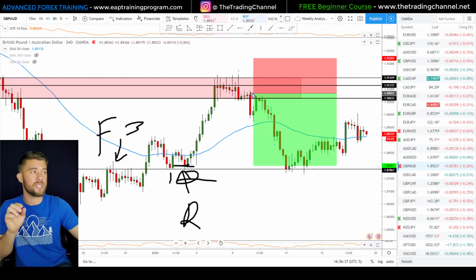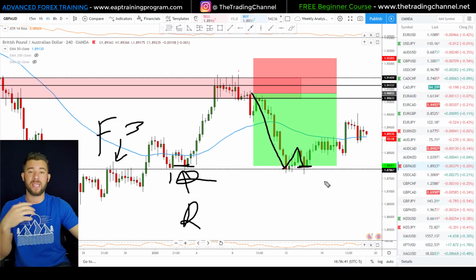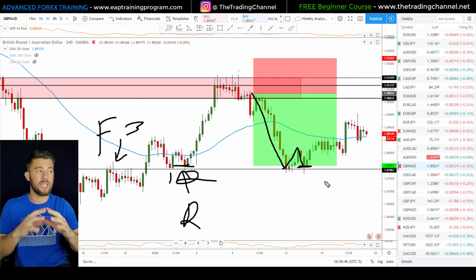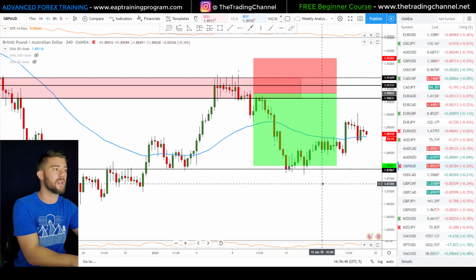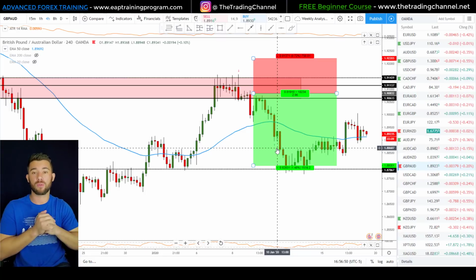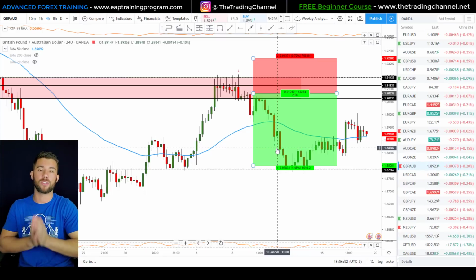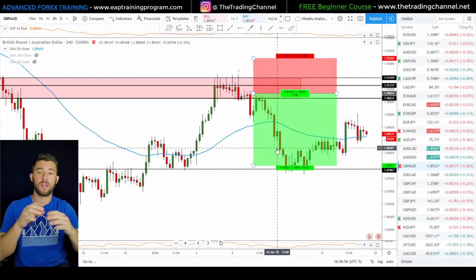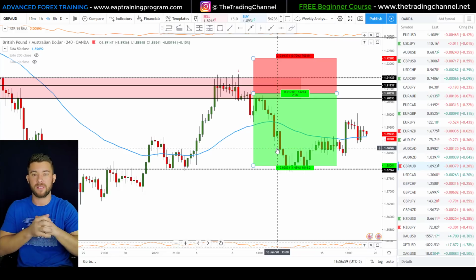For the exit reason, once this market came down to that area and put in a double bottom, I wanted to get out at the close of that double bottom, go ahead and keep as many profits as possible, which ended up being right at a 2-to-1 risk reward here on that pound Aussie trade. So in conclusion, and right before we go into actually looking at a whiteboard and studying this entry pattern